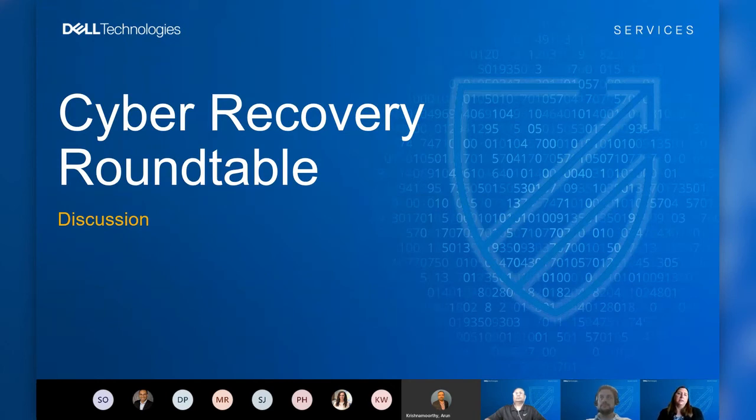So the other pieces that we typically see are that organizations will put a subset of their servers in the vault to allow them to test recovery. So that means whatever your backup software is, you would want a copy of that in your vault so that you could do restores. So we would typically enable something we would call a clean room. So the ability to have kind of a vault within a vault to isolate specific environments, to be able to restore both data and servers in a specific smaller subset of the vault to go through and test your procedures